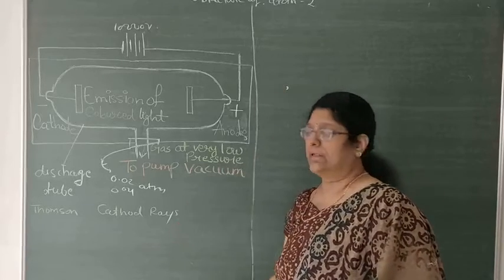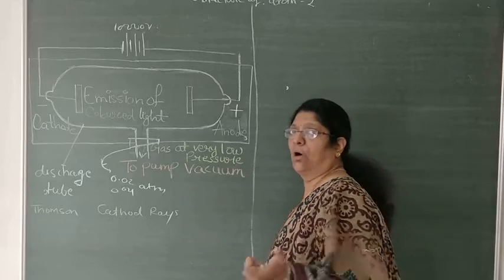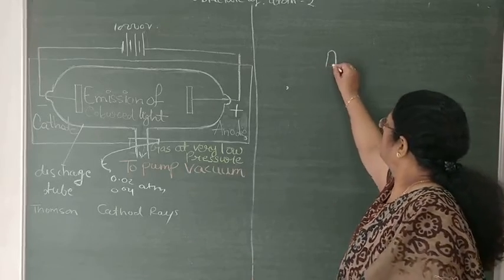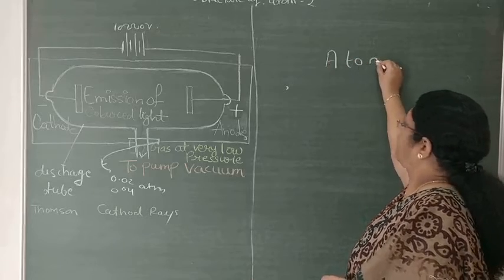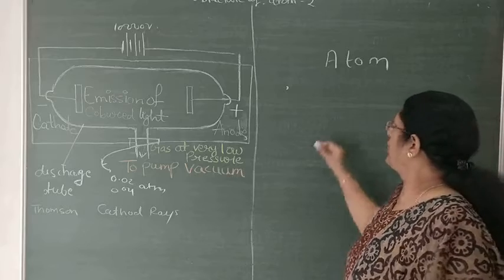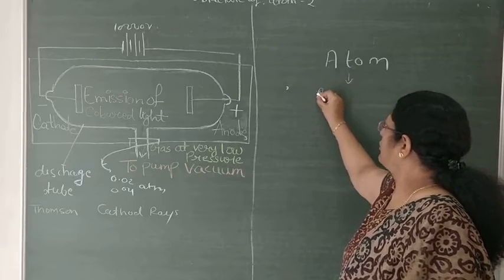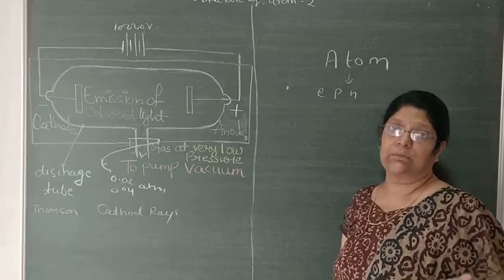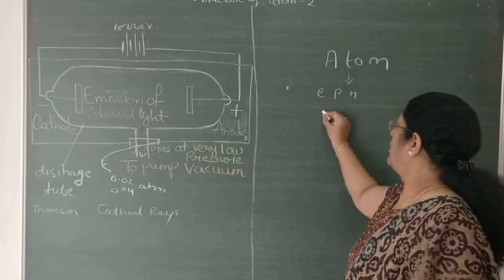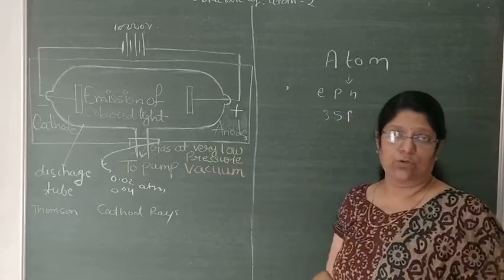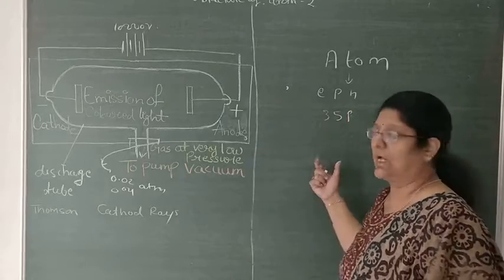In the structure of atom, first we know, according to Dalton's theory, that the atom, which cannot be cut, meaning the tiniest particle of any matter, is known as an atom. This atom contains electron, proton and neutrons, meaning the atom is divisible into electron, proton and neutron. More than 35 particles are present in the nucleus of any atom, that we know.